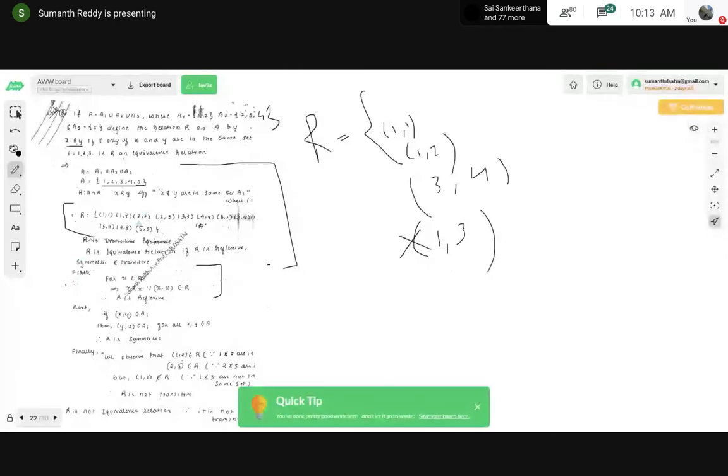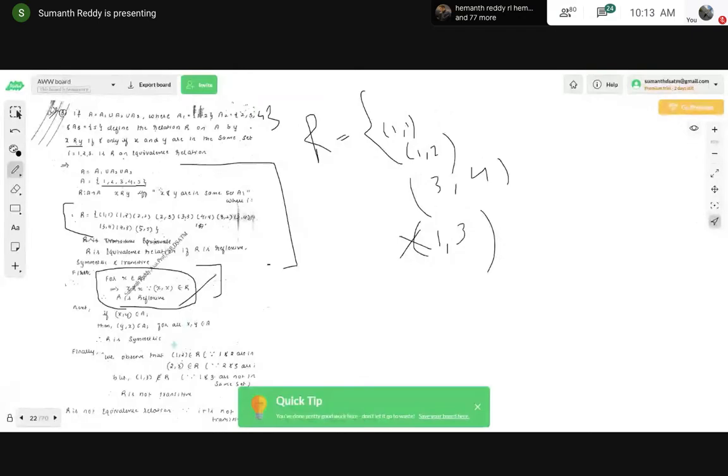Yes, by looking at these ordered pairs only, you can easily get to know. Every element of the set on which the relation is defined, 1 comma 1, 2 comma 2, 3 comma 3, 4 comma 4, 5 comma 5, is present. And since it is present, it is reflexive. For this, you can write the general definition of reflexive. What is the general definition? For every element x that belongs to the set A on which the relation is defined, if that element is related to itself, then we will call that relation reflexive. I have written here the definition of the reflexive relation.